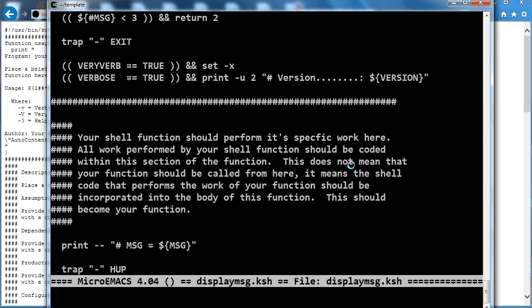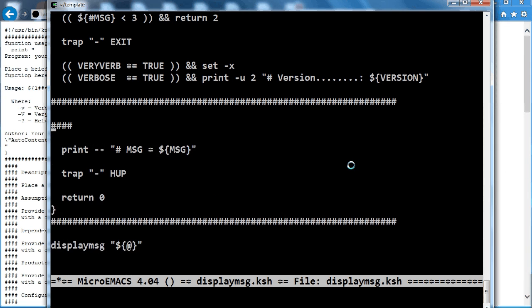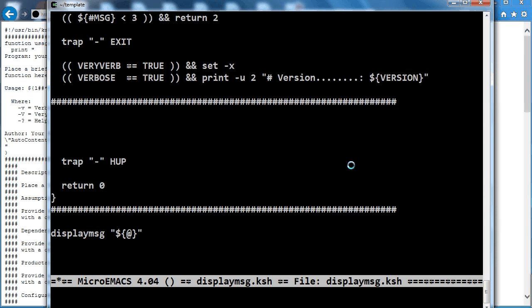So now the next section of the script is going to contain the body of what we want this script to do. And in this example, I'm going to use the MSG variable that we defined in our configuration file and that we defined above in our GetOps case statement, and we're going to display its value on the screen. We are also going to use the verbose variable to display information about the MSG variable before we display it. So I'm going to remove what is here now, and I'm going to add some information. I'm going to say if verbose equals true,